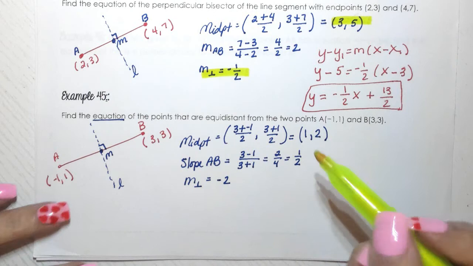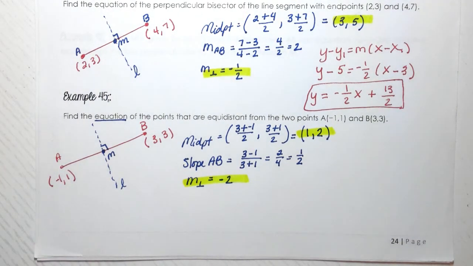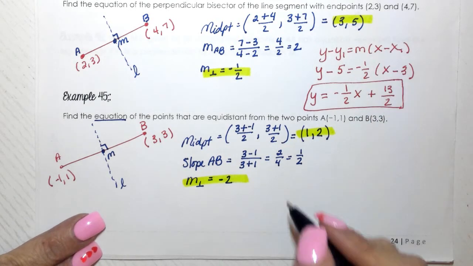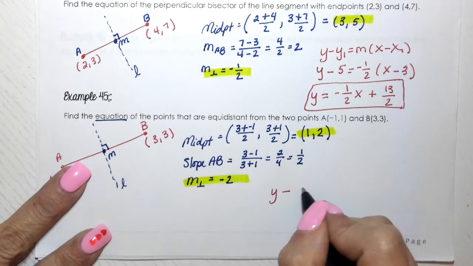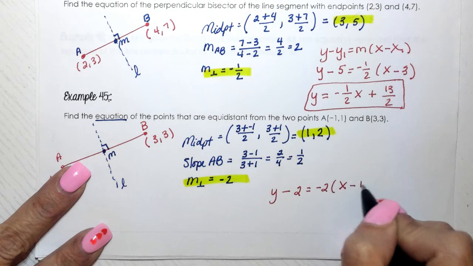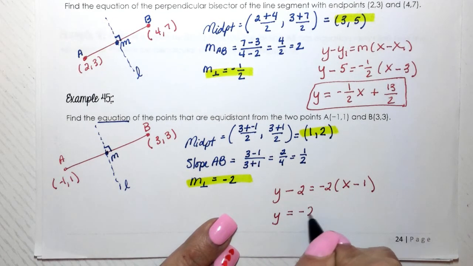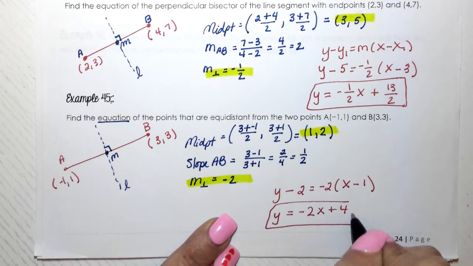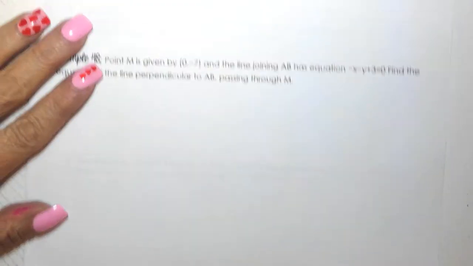So I've got a point, I've got a slope. To write the equation of a line, you're going to use this formula up here: y minus the y value, which is 2, equals the slope times x minus 1. Simplify that, and you get y equals -2x plus 4. All right, I'm going to move on